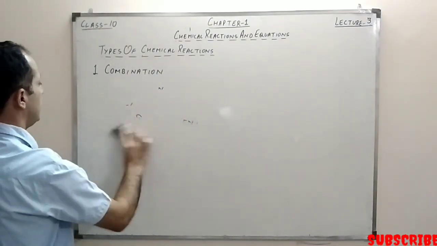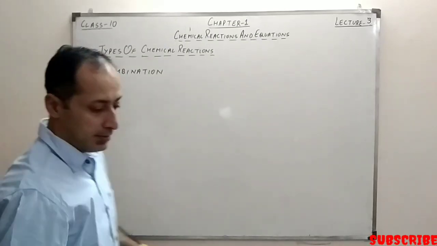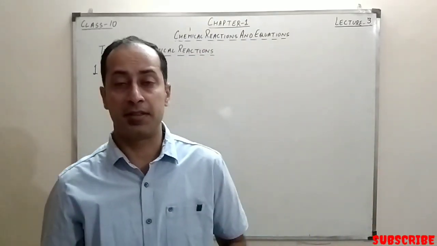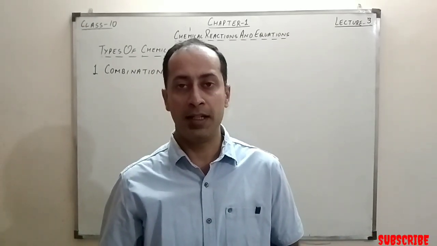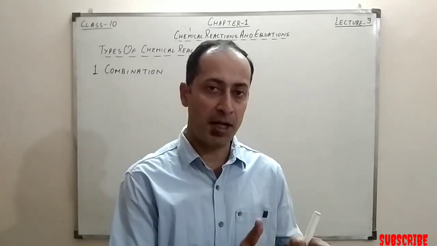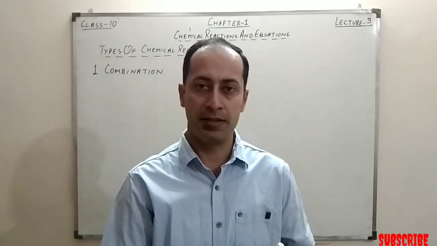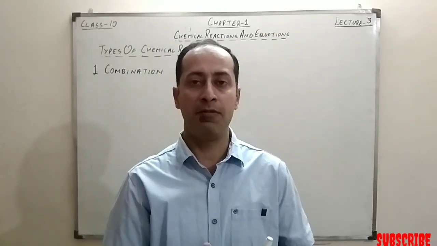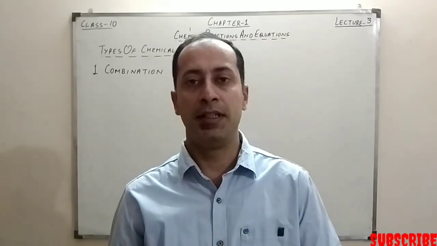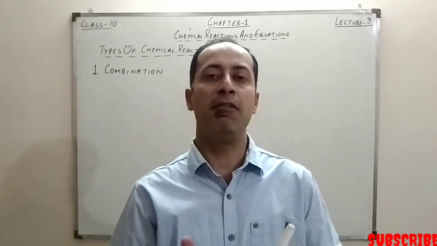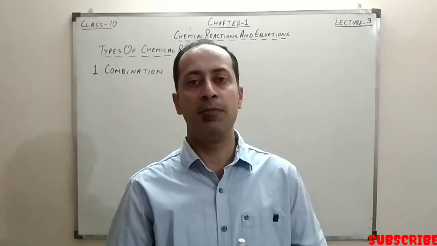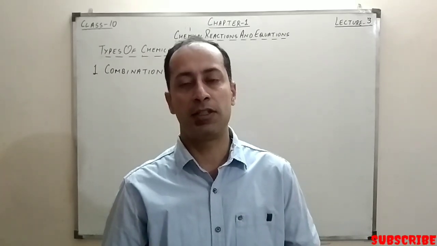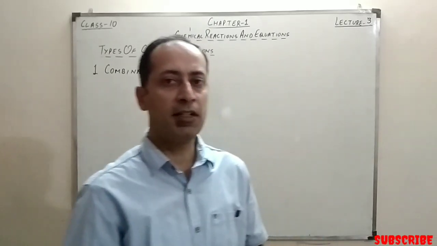So we talk about the combination reactions. As the name suggests, combination means we're combining two or more things and forming something new. Before we proceed, let me revise something. The things which we have before the reactions are called reactants, and the things which are formed are called products. So accordingly, I will be telling you about the reactants and products now. If we have two or more reactants in the beginning and we form a new product, it's called a combination reaction.